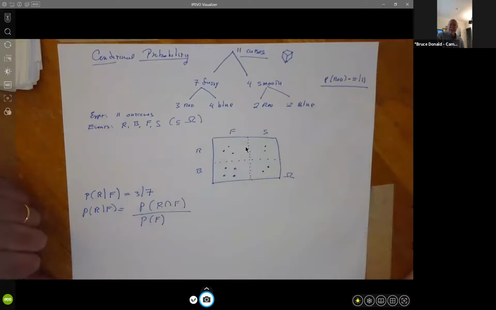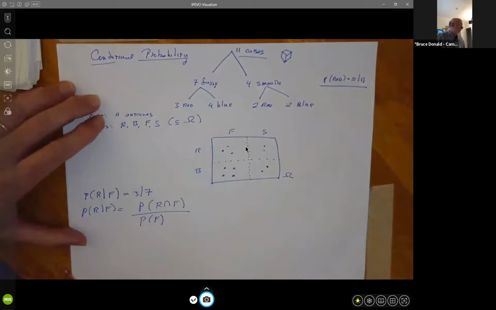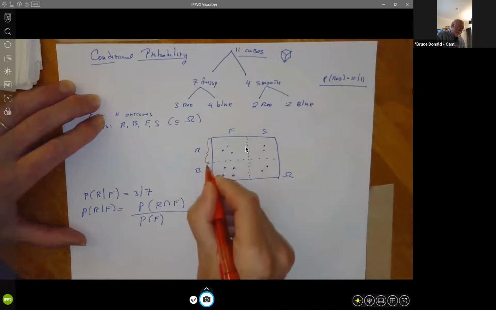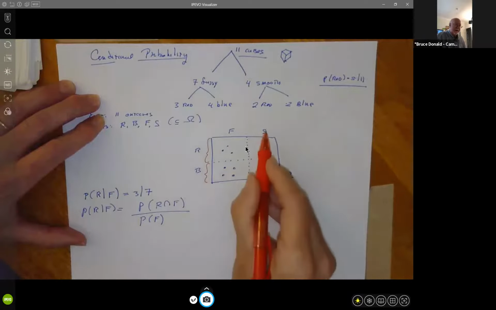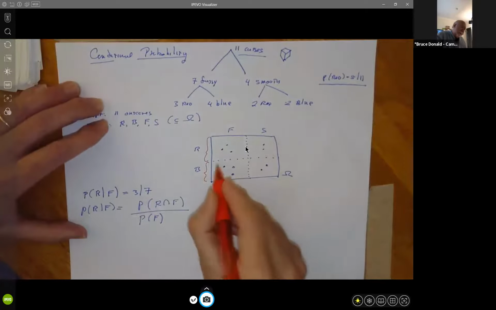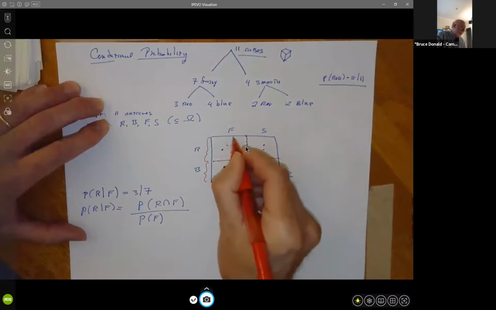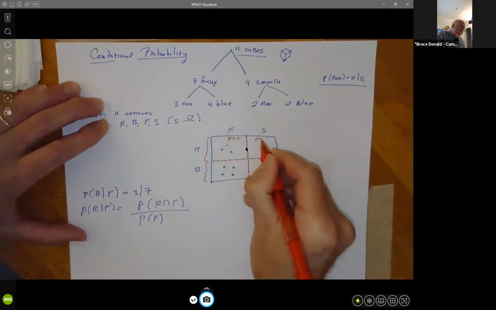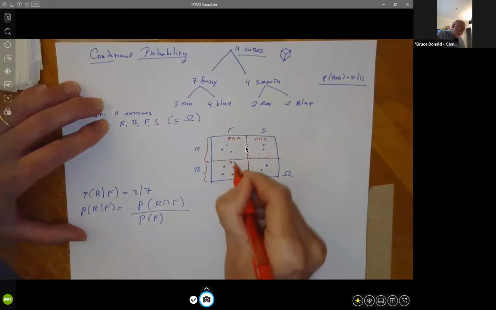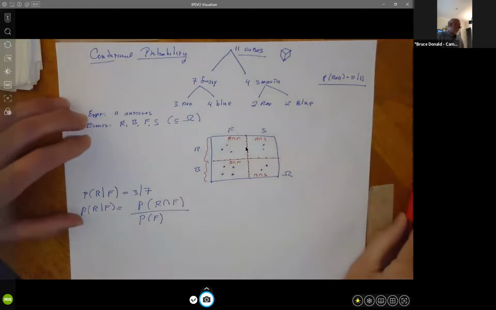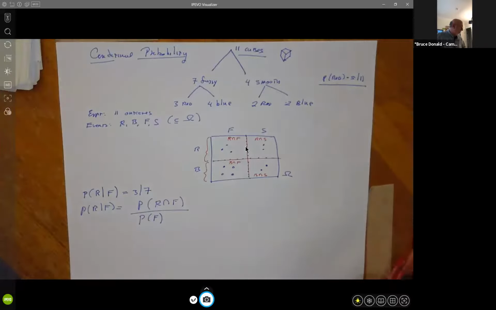And one way to think about this is to go back and see how these various intersections and such sets relate to our little diagram here. So remember that red is the entire top row here, blue is the entire bottom row, F is this entire column, S is this entire column. And now what I will do is I'll make these lines firm, and we'll just annotate this as being the event R intersect F. Here we have R intersect S. Here we have blue intersect fuzzy, and here we have blue intersect smooth, right? Because we're intersecting rows and columns. So these are the various events and their intersections here.